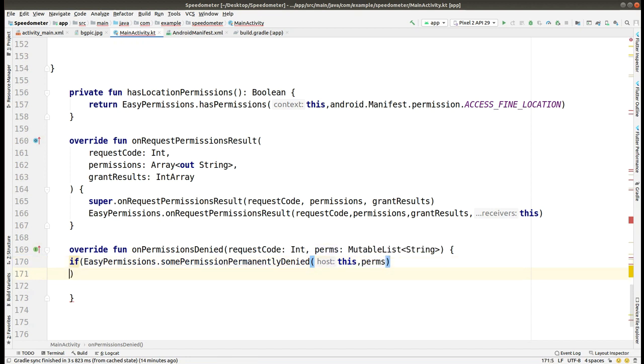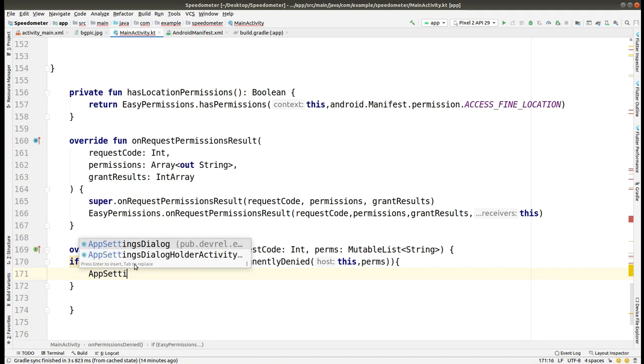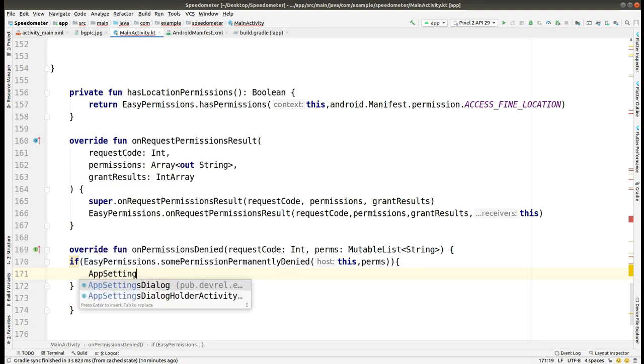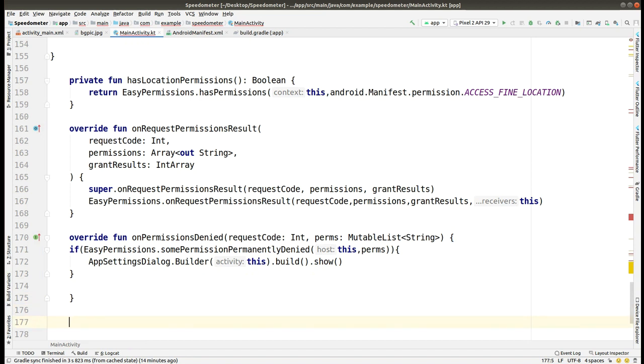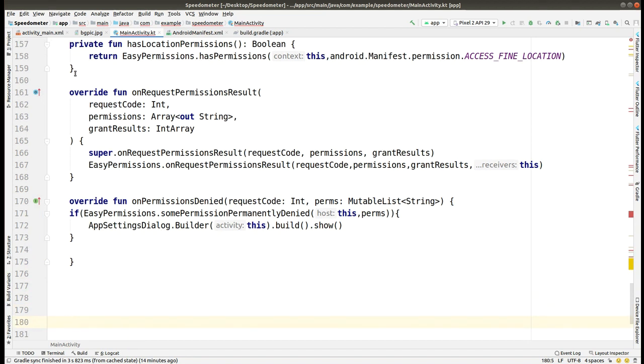If you don't do these checkups, then this results in a crash of your app. So it is necessary to do all these things to make your app more robust. So here we will check from the app settings dialog for the request code. First of all, we have to build it and then show it. After that, we have to add